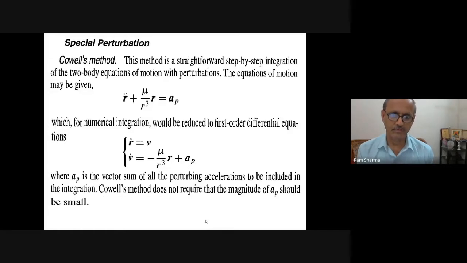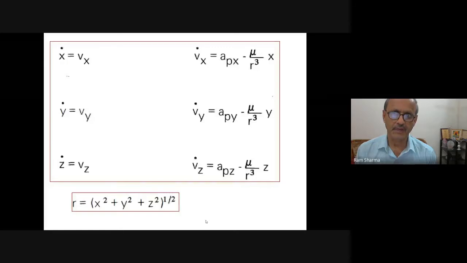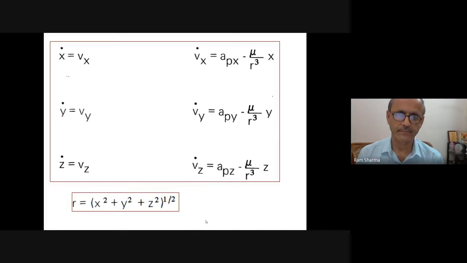So you have two equations, and then the standard Runge-Kutta methods, RK methods, which are very popular. We can use them to start with. They are very useful. And if somebody is looking for very accurate solutions, there are many methods which the literature has provided. In terms of the coordinates, we can write them in this fashion: x dot, y dot, z dot, and vx dot, vy dot, vz dot.